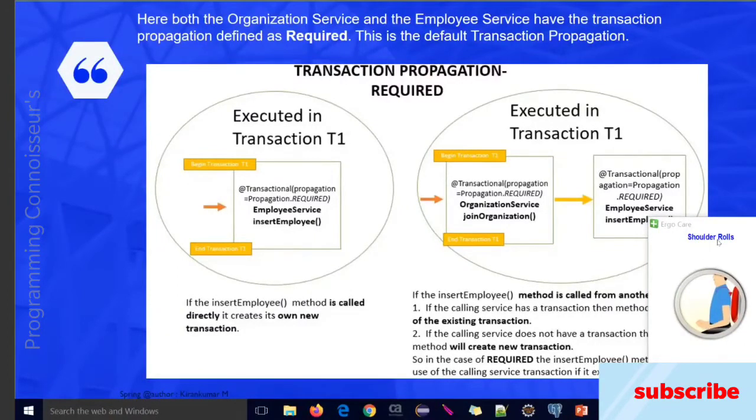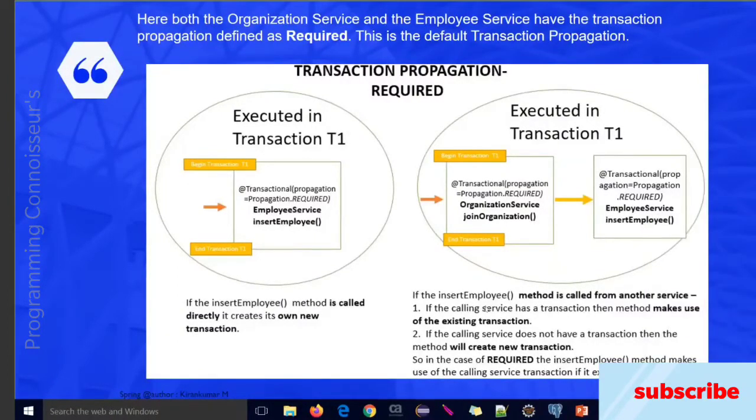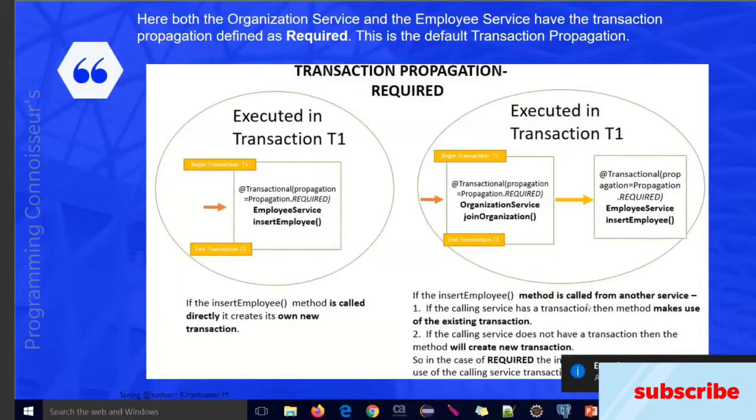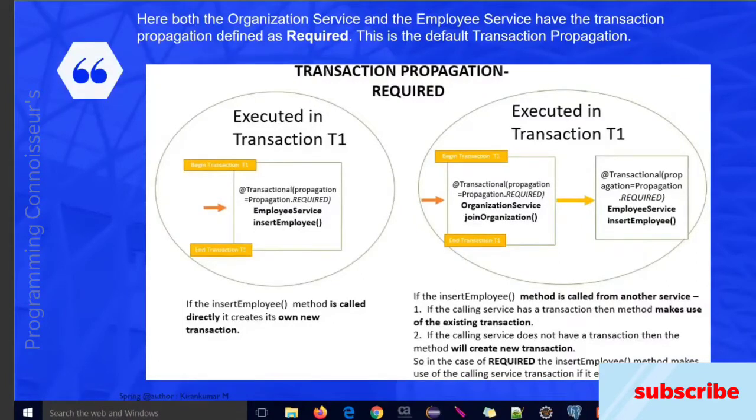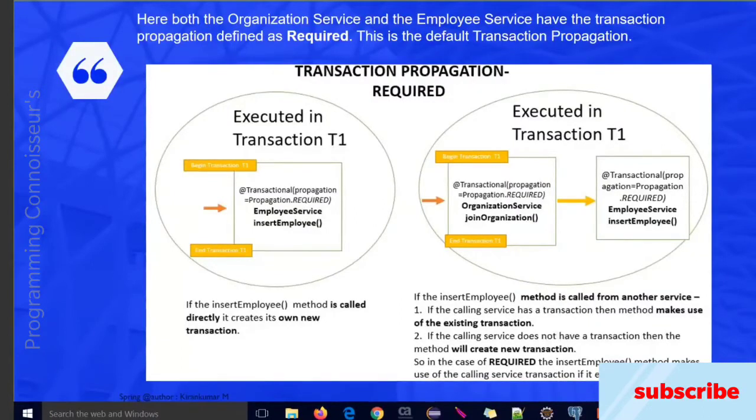So if you observe here, if the insert employee method is called from another service, and the calling service has a transaction, then the method makes use of the existing transaction. My insert employee is called from join organization. It's a scenario: an employee has joined the organization, and whenever he joins, I'm inserting his employee data.